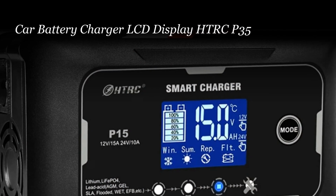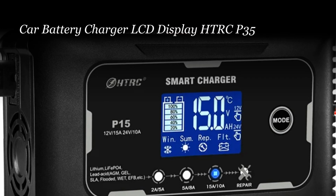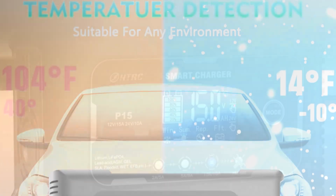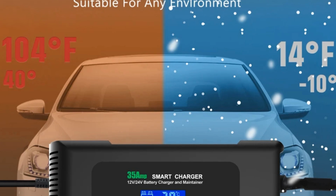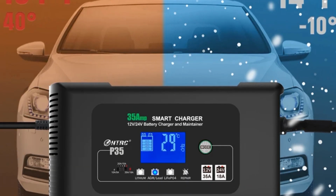Number 4, 35A 12V/24V Car Battery Charger LCD Display HTRC P35. Unleash the power of the HTRC P35 car battery charger, delivering a robust 35A capacity for both 12V and 24V